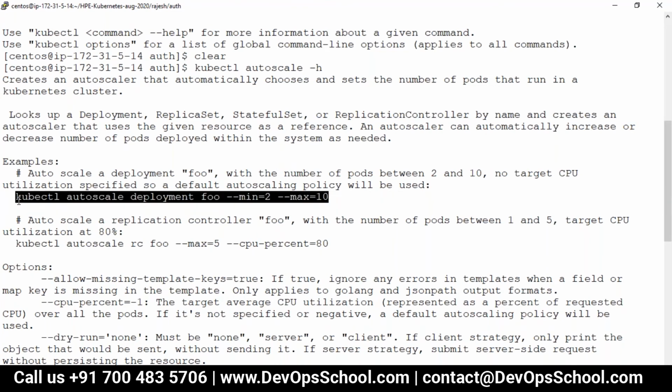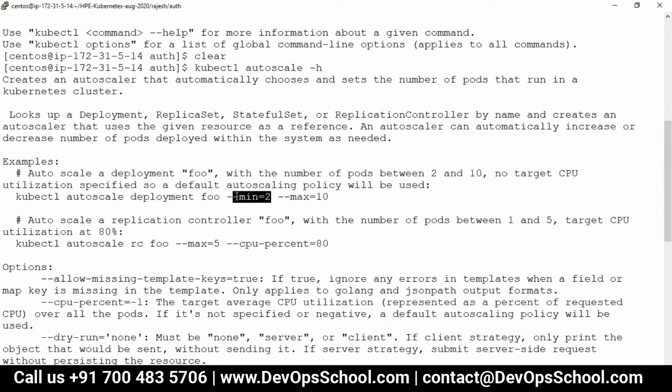So you need a deployment, and here you're seeing minimum to maximum 10. So what exactly is this auto scaling? Auto scaling is basically based on the average CPU utilization of the existing pods of the deployment.